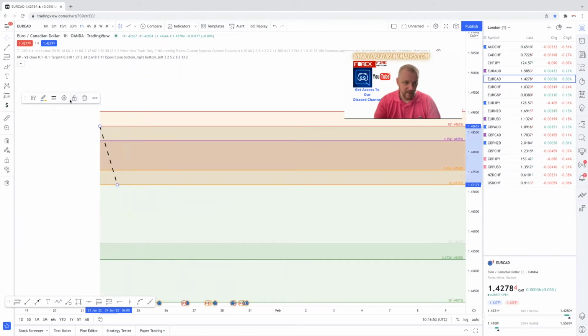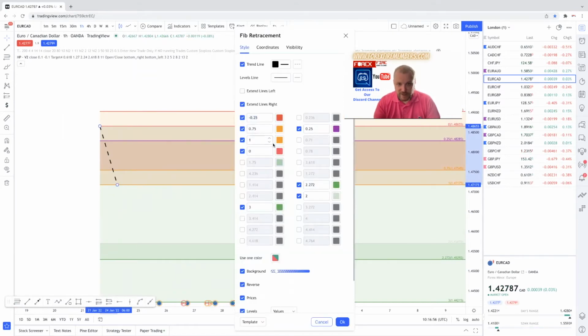Okay, again, they do not have to be in any particular order that is shown on here. As long as you just have boxes highlighted and ticked, you could have them in any order. All that is going to happen when you draw these fibs out, it'll put it in order for you. Okay, so you need a 0.25, a 0.75, the 1, the 0, and the TP areas are 2, 2.72, and 3. Take a snapshot of this or pause the video, take notes, and then go onto your fibs,